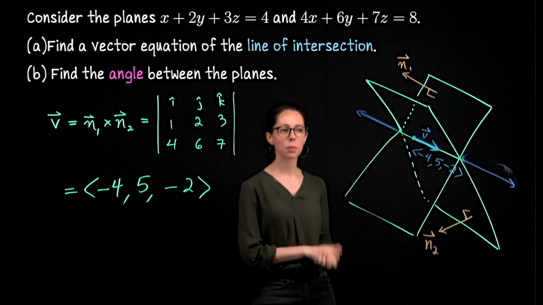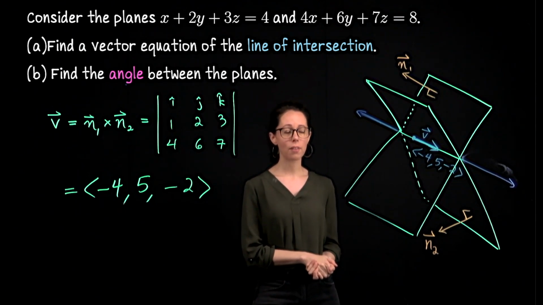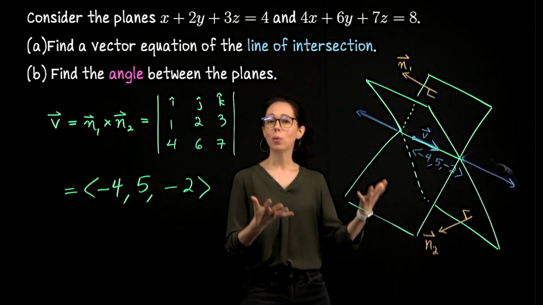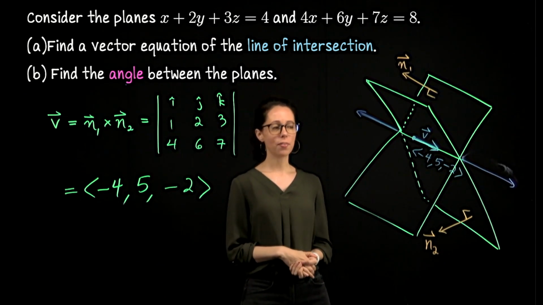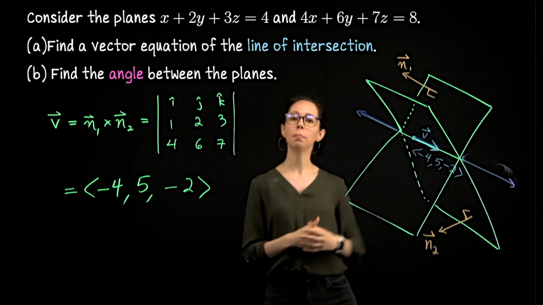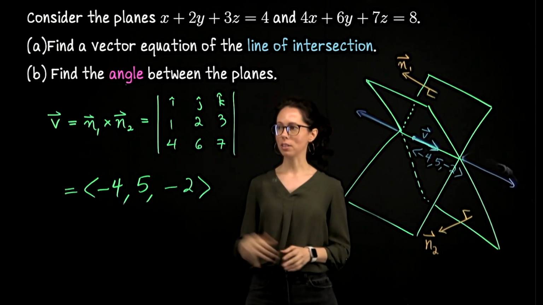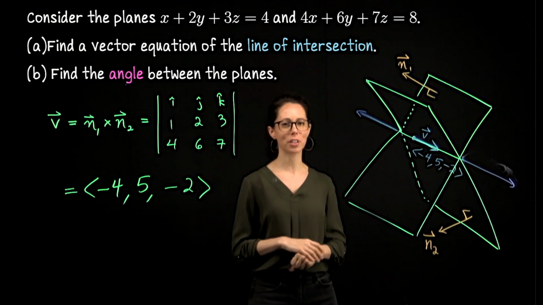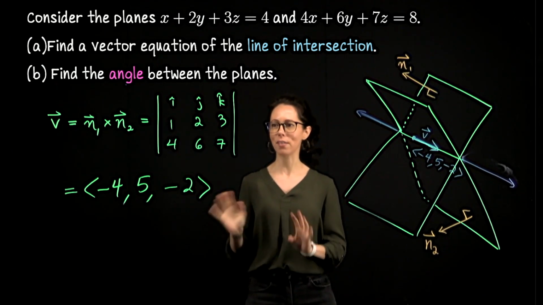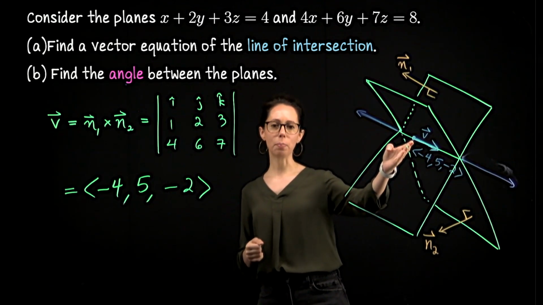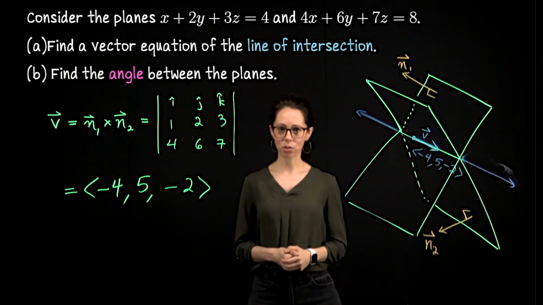So any nice scalar multiple of v is also a vector that could serve as the direction vector for this line. But this one will work. So we just need one good direction vector that does indeed point us along the line. All right, let's take a moment to check our work here with cross product. It's always good just to run through it twice to make sure that we didn't have a sign error. And then I will come back and we will figure out how to find this point P so that we can write down the vector description for this line.